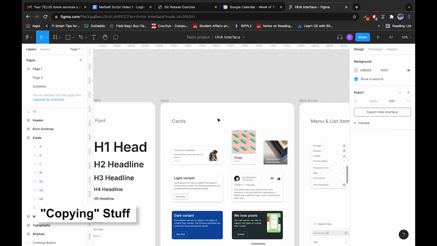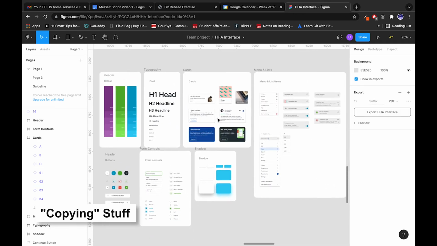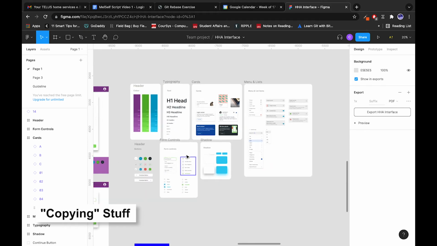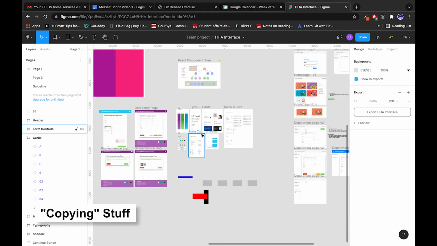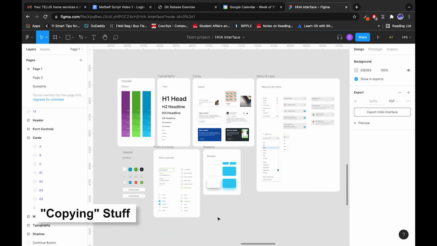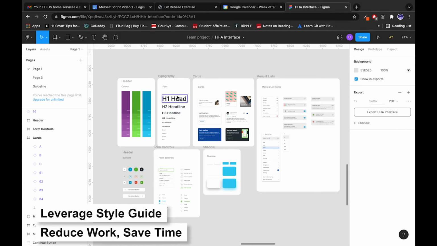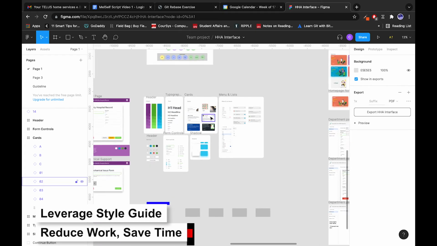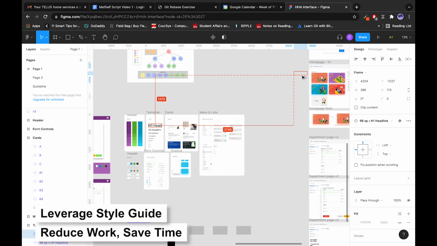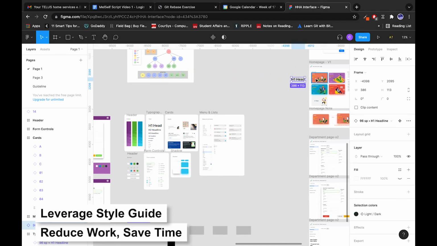taking it, making a copy of it, and improving it. Another thing about copying is that if you're building a design for a system like ours, copying from a base style guide is really fundamental and important to make sure that the design looks really consistent. For example, we have our H1s, H2s, kind of related to HTML. The point of those standards is that every page will have a consistent size and hierarchy, like one, two, three. You see this first, your eye reads it first, and the content flows really